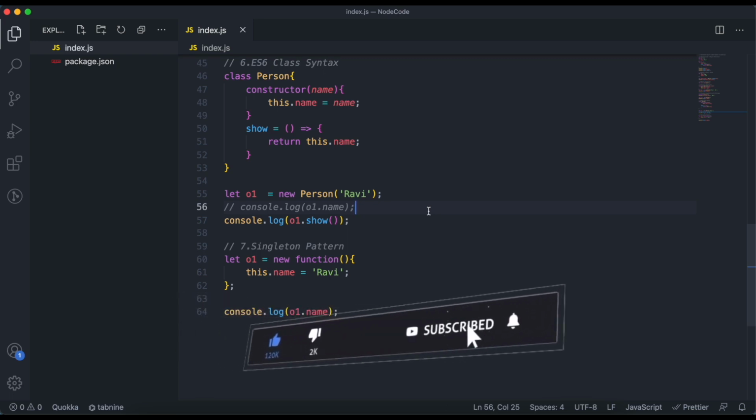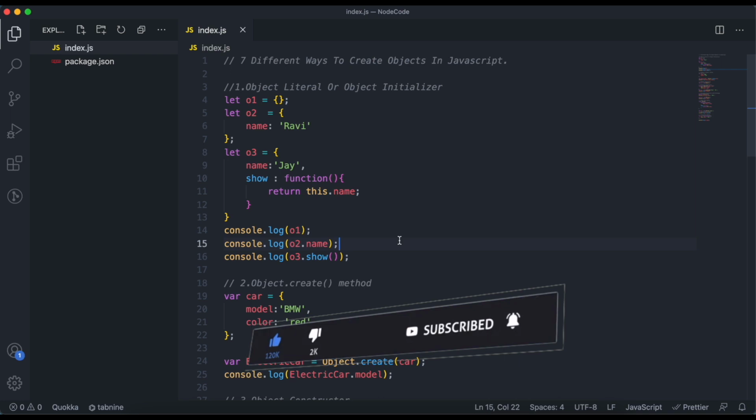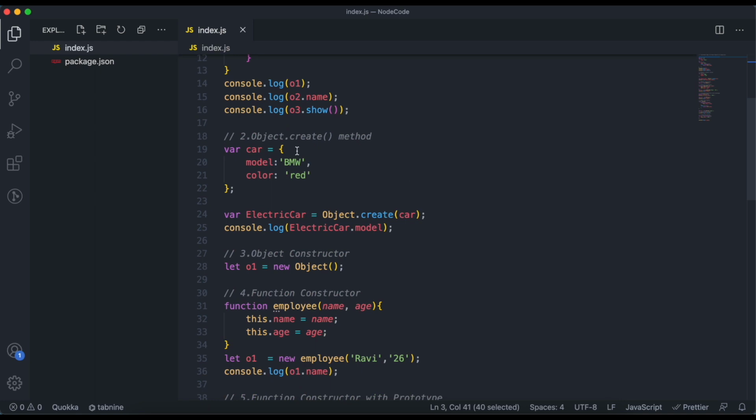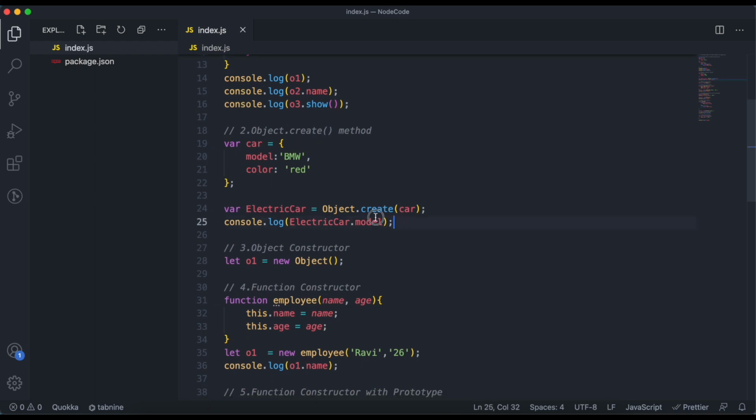So as you can see that we have discussed all the 7 ways one by one to create objects. So this is the simplest way to create an object, the object literal, then the Object.create method. This is a really important way to create object when you are using an existing object as a prototype.